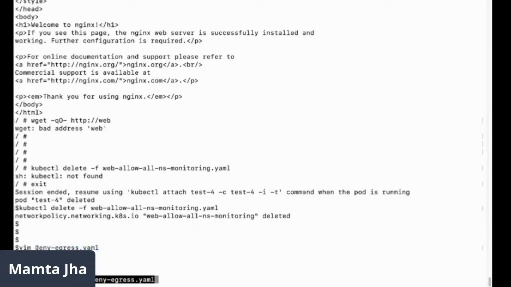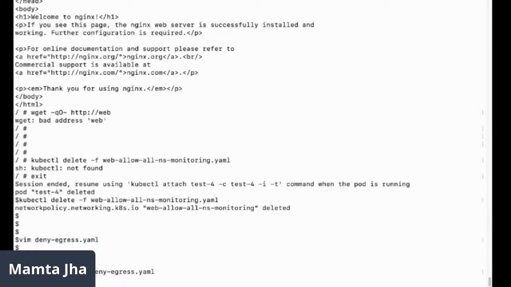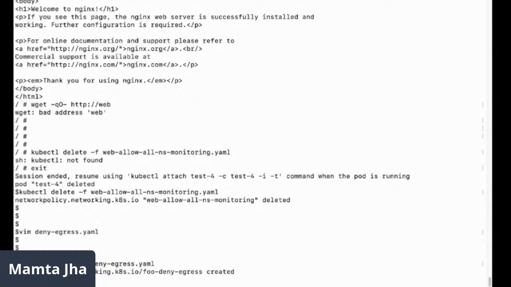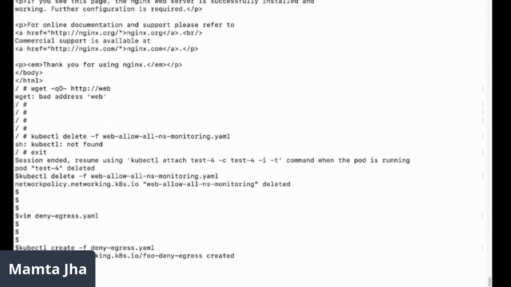So this time I'm first creating the policy. Then I'll create a pod with label foo, which I've not done yet. Then I'll go ahead and create a pod with app label foo. Sorry, run command.